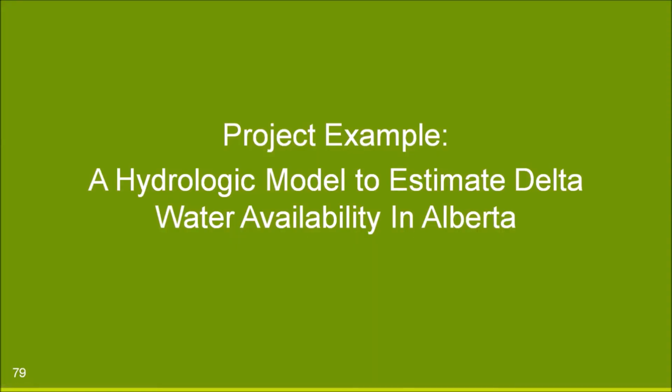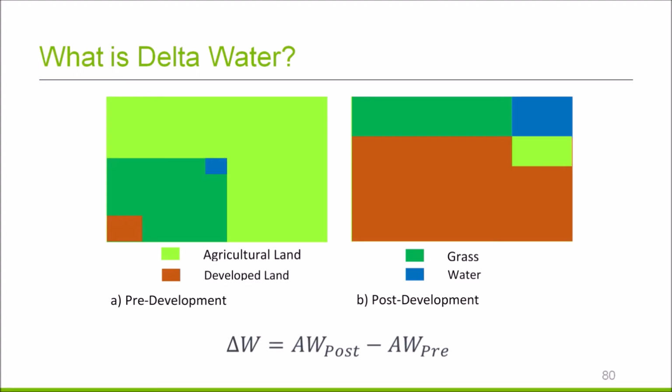The last example I want to provide is the development of a hydrologic model to estimate delta water, and I'm going to explain delta water in a moment. I want to explain this by two different scenarios. So think about a big chunk of land where we have agricultural land, and then grassland, probably some water, and maybe some developed land like roads or small paved areas. Now, if we wanted to develop this whole land into an urban, industrial or commercial development,